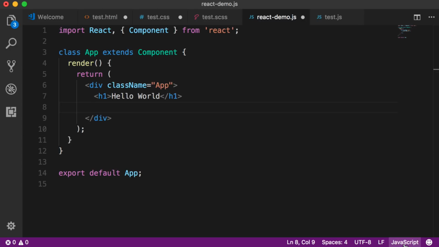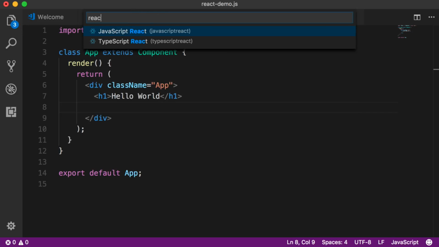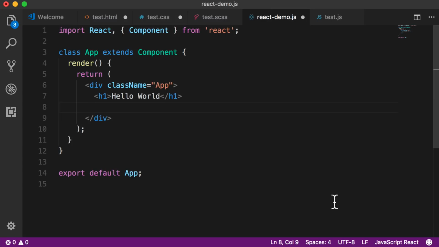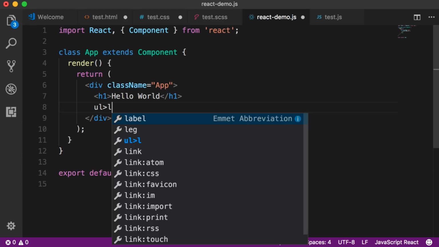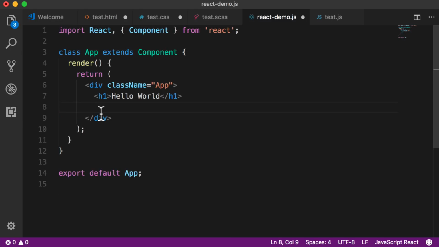However, if you click on that syntax, and then up here if you type in React, you can see we can choose a syntax called JavaScript React. Now as soon as I select that, you can see that it's being used down here. Now the editor is going to be aware that we are within the context of JSX. So now our Emmet tab triggers will work. So I could say ul list item tab, cool, right? And all of the other things you can do with Emmet HTML,